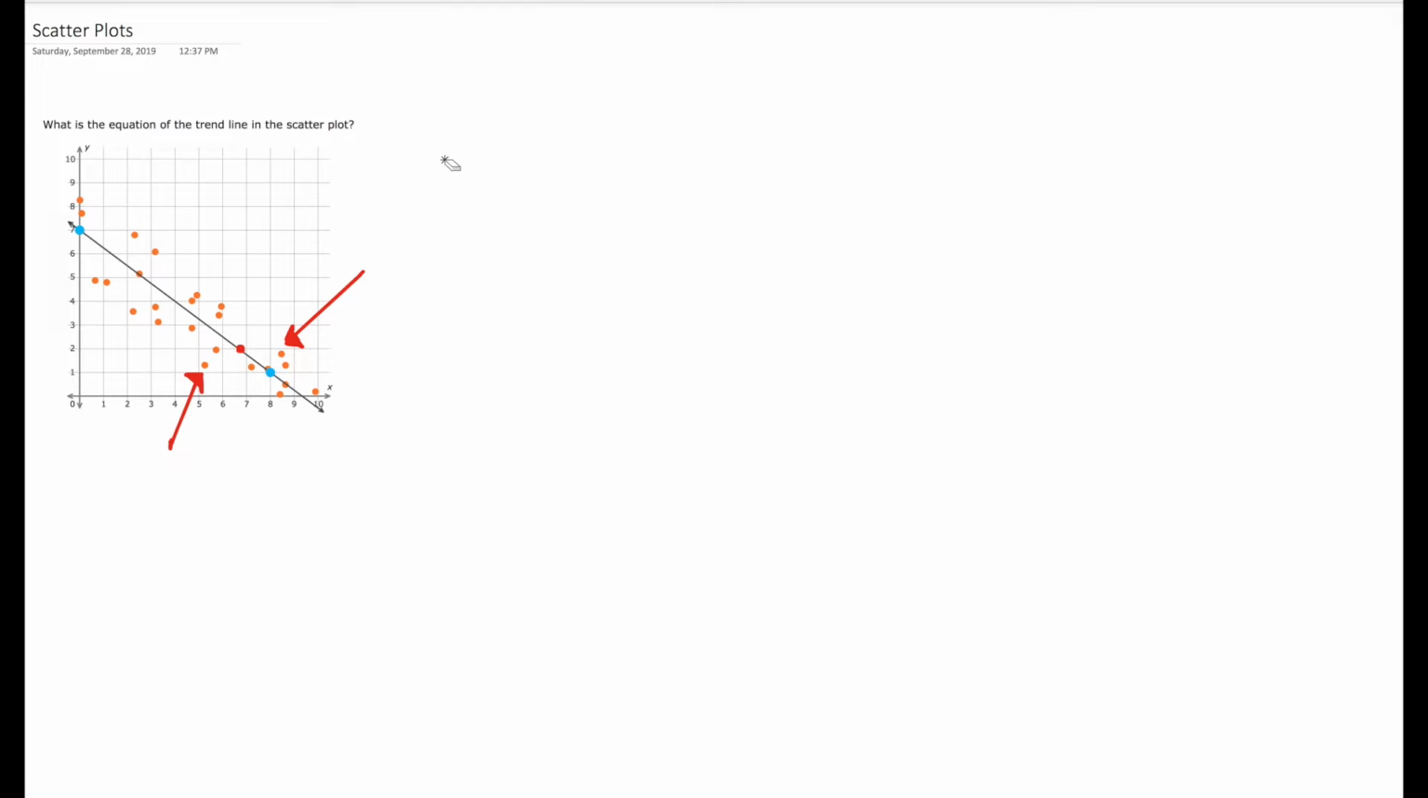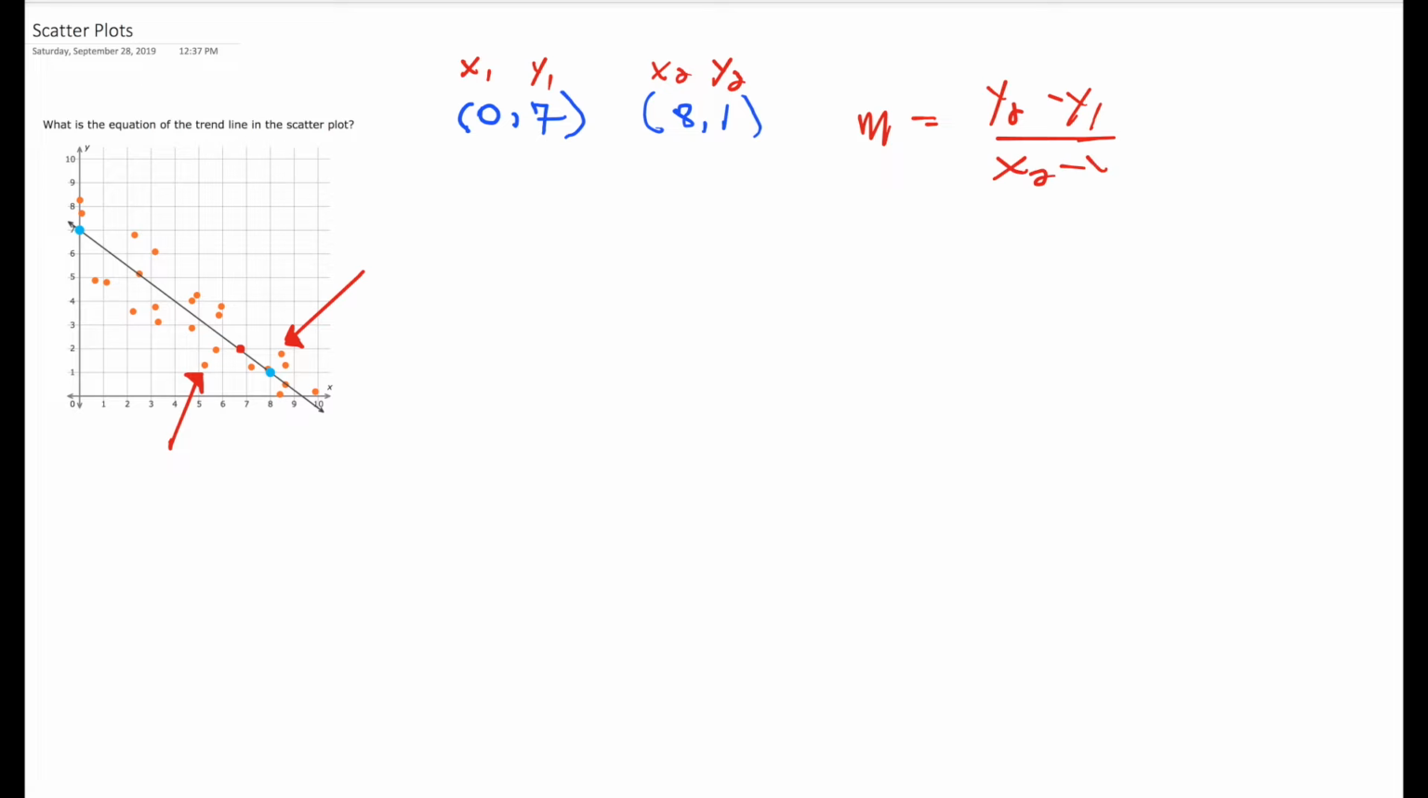Okay, so to find the equation of this line, there's an Algebra 1 lesson that's basically the same thing. We have a point that's 0, comma 7, and another point that is 8, comma 1. So you get your slope. That's x1, that's y1, that's x2, that's y2. So m for slope equals y2 minus y1 over x2 minus x1. Okay, so y2 is what? 1